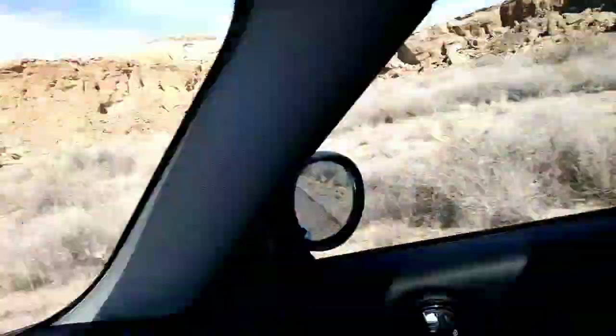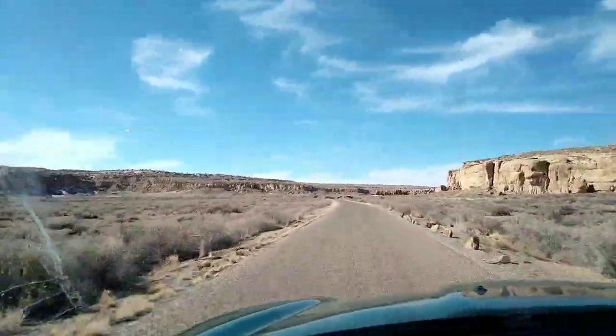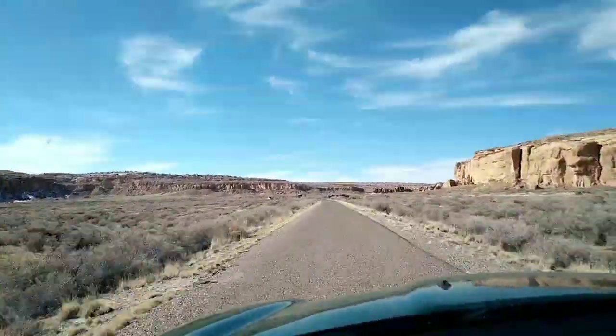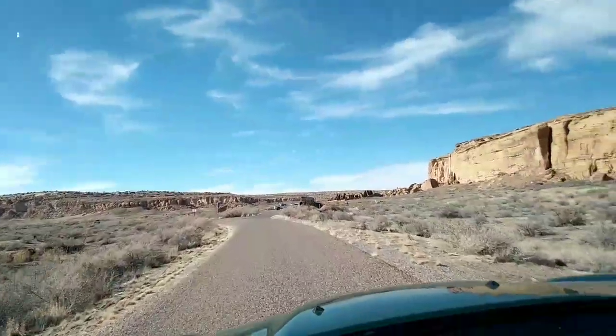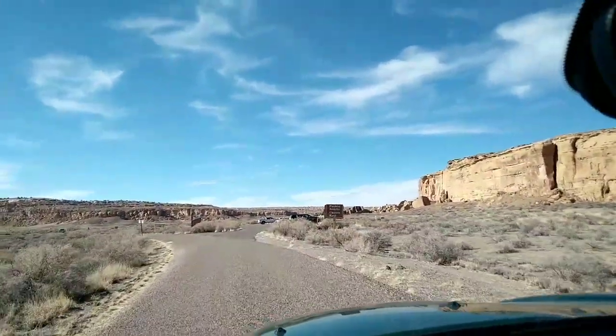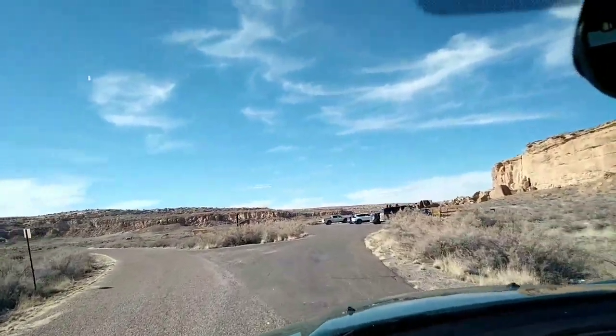So there's a one-way loop road that takes you around the entire canyon. You can stop off at parking lots at each of these different great houses and sites along the canyon, the north and south side. It loops from the north side, and then you go back to the visitor center on the south side. But there are also some sites on top of the canyon,